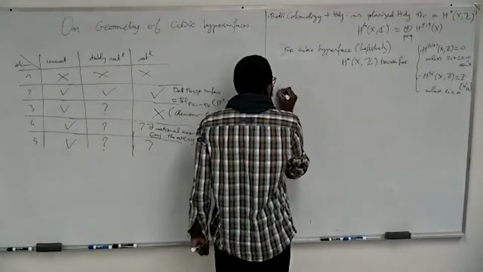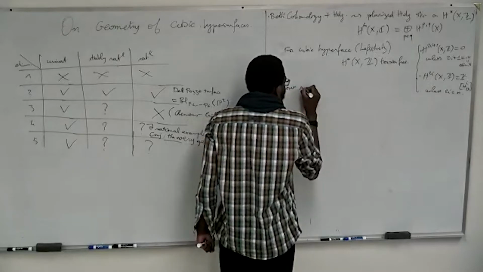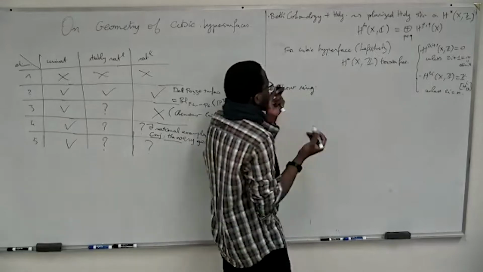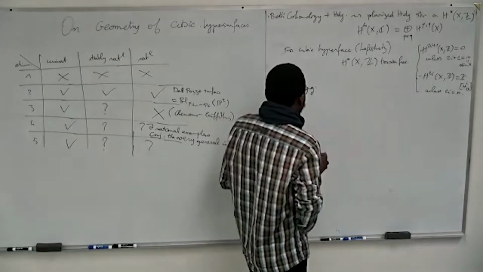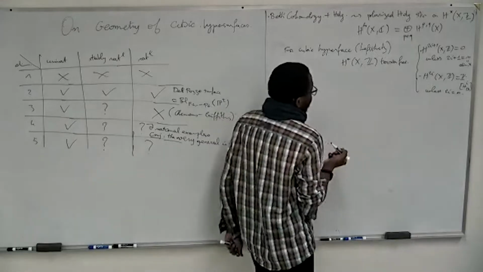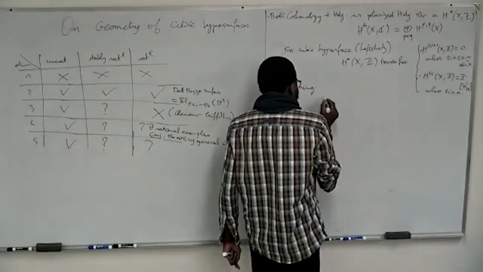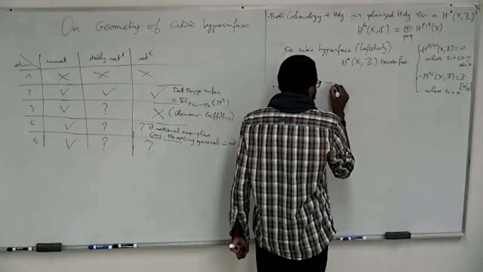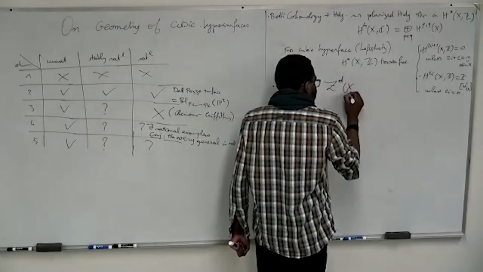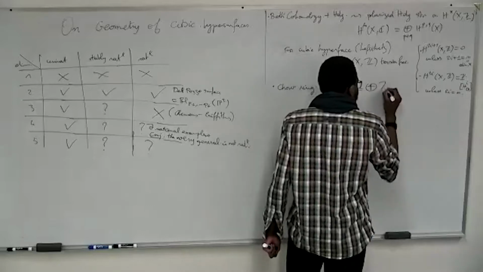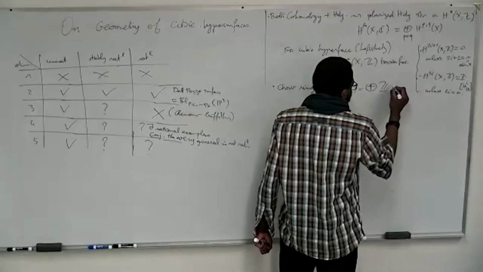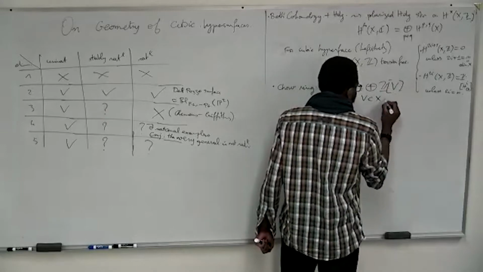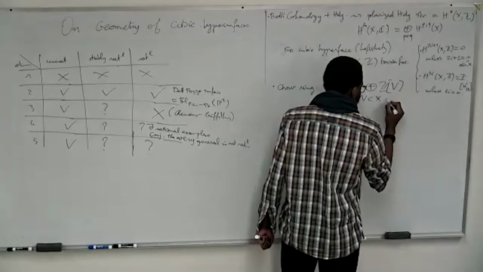This is just a reminder. And then we have Chow groups or Chow ring, which can be thought of again as a kind of homology theory. So just to remind very quickly, we start with the free abelian group generated by subvarieties of a given codimension, for example, codimension d.